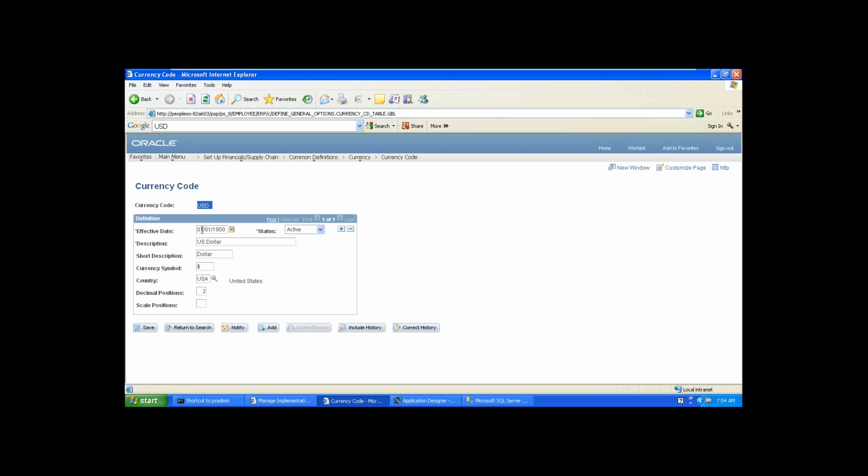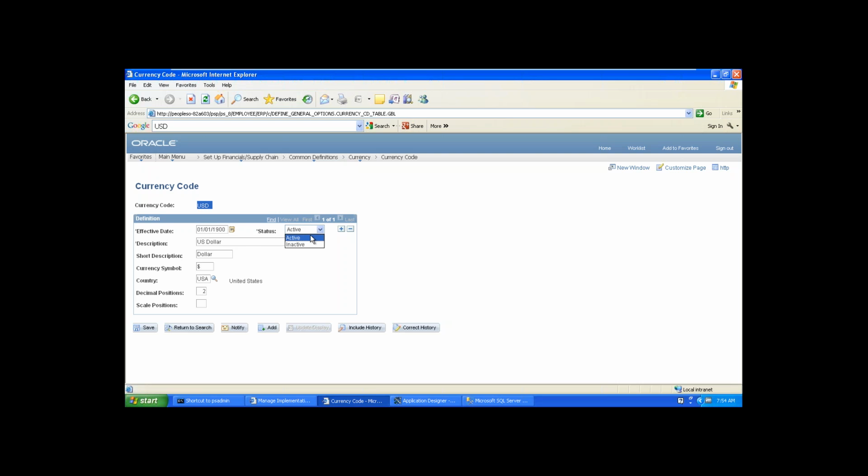For example, if I mention 15th August 2015, that means from 15th August 2015 onwards, this currency code will become effective, right? That is nothing but the effective date, and this is the status, active or inactive.